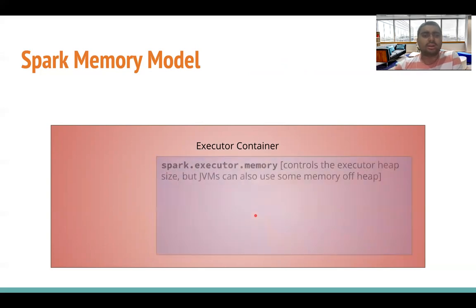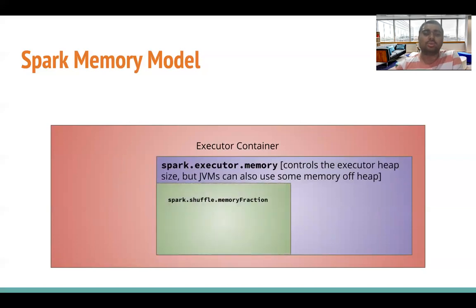Inside one executor container, we specify the executor memory, which internally refers to the configuration spark.executor.memory. In a Spark submit, you can pass --executor-memory. We will shortly see that. So you can specify how much memory each executor container can have. The memory which you specify for the executor is used in two parts.